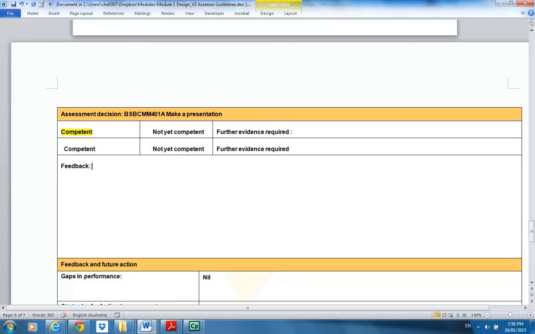So you start off with something light and positive, and then you go into the more nutritious meat and veggies of your feedback. And then you would end again with the soft sweet bun at the bottom. So you would always end on a positive note. So say for example she wasn't yet competent, you would start the soft sweet bun something like, you have provided